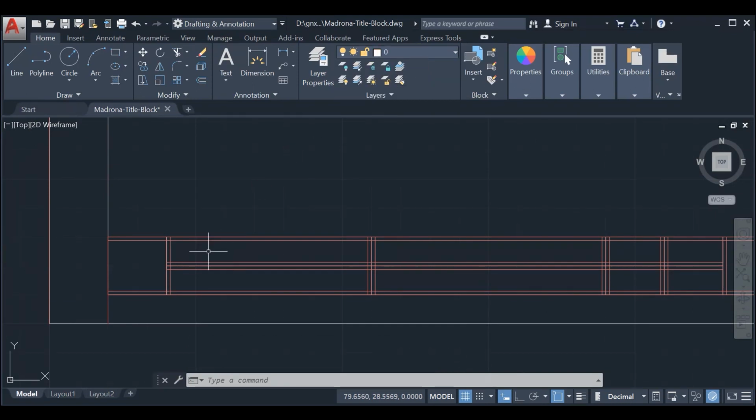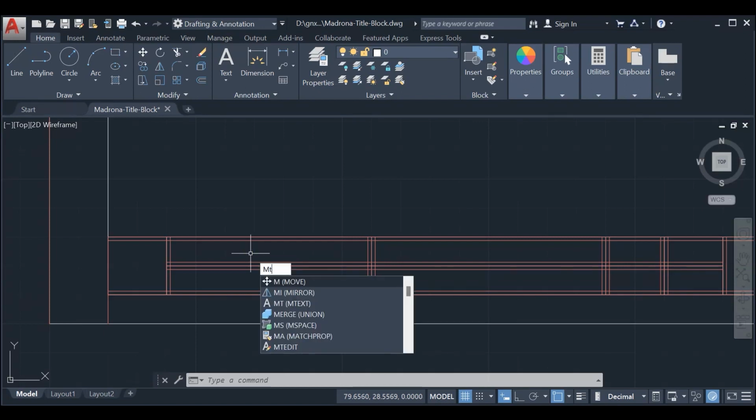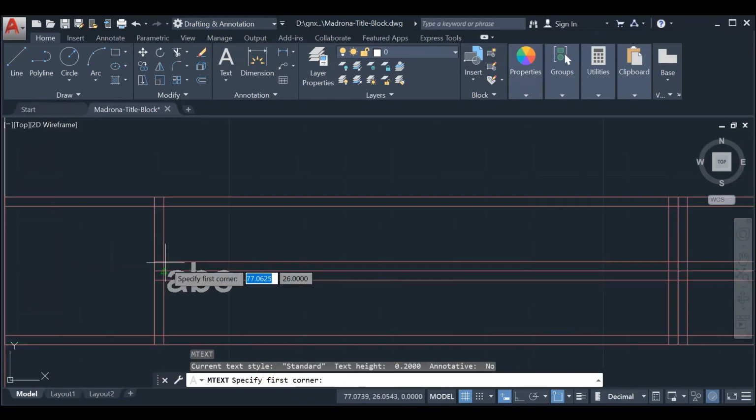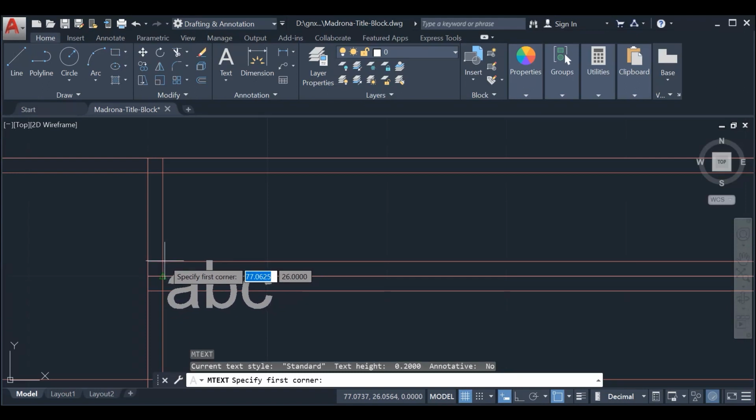write our text. So switch to layer 0. We'll be using multi-line text, so M text. Okay, enter. So this one, M text, multi-line text. Specify first corner. Okay, I will snap at the intersection. So let's